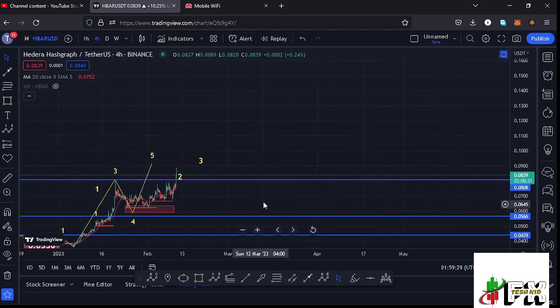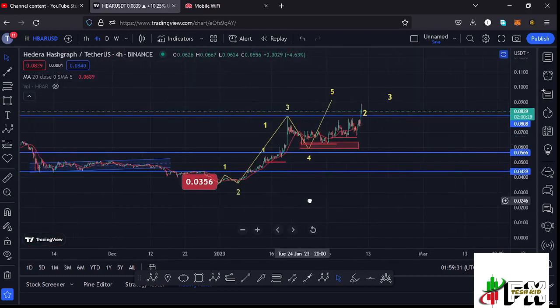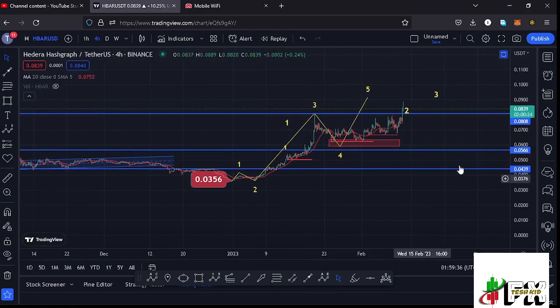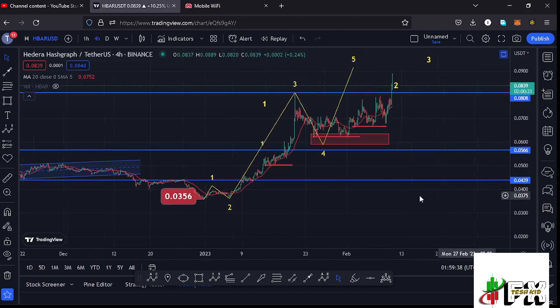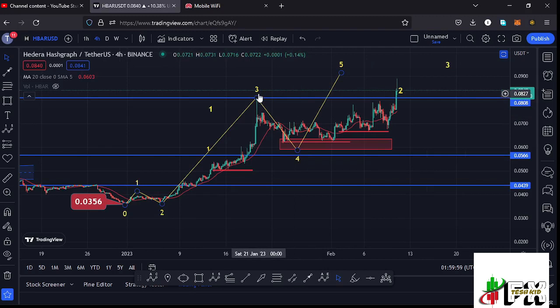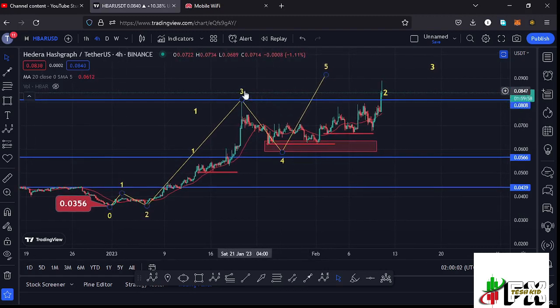Here on the 4-hour chart you can see that down here this is where we made our low at around the $0.0356 mark before we started a massive bounce to the upside in a move that has been obeying the Elliott wave structures, where you can see that I'm terming that as the first wave to the upside. Then we have seen a corrective structure in the formation of that wave 2 before we started a massive bounce to the upside in the formation of this wave 3, giving us a peak at around the $0.0808 mark. And after seeing the high for that wave 3, we started a corrective structure in the formation of this wave 4, which has fully maximized our red target areas down here in the formation of that wave 4.